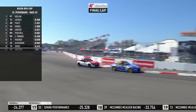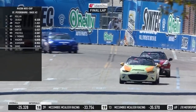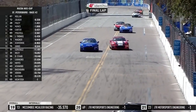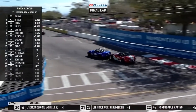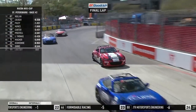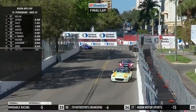Michael Carter just loses 5th to Justin Piscatel as they went down into turn 1. Jared Thomas has continued his rise from 17th back up to 7th as it stands at the moment. Defensive driving at turn 4 by the blue number 28 of Sam Pearly. Big sideways slide by Nunes. He's almost lost it. Tokyo drift through 5 and still hangs on to the back bumper of the blue car